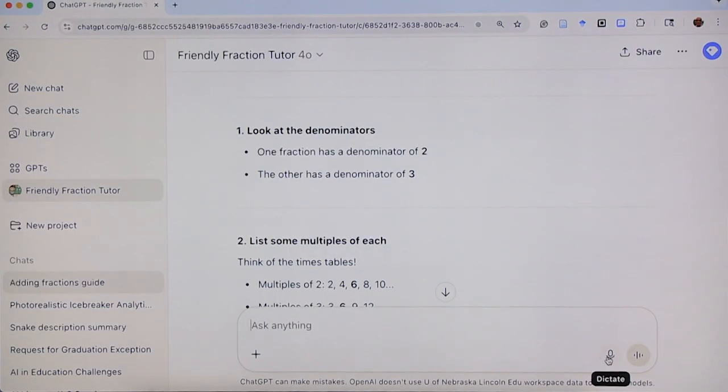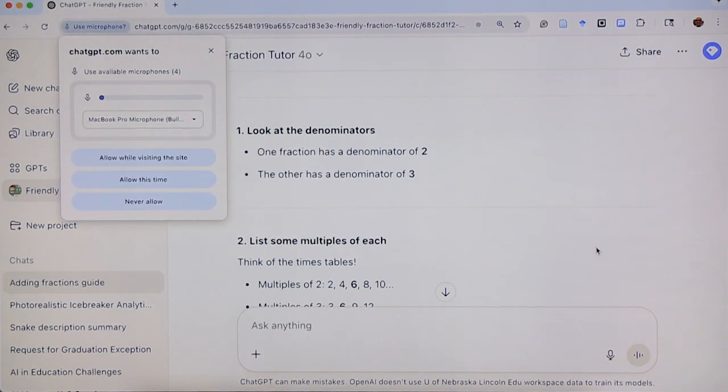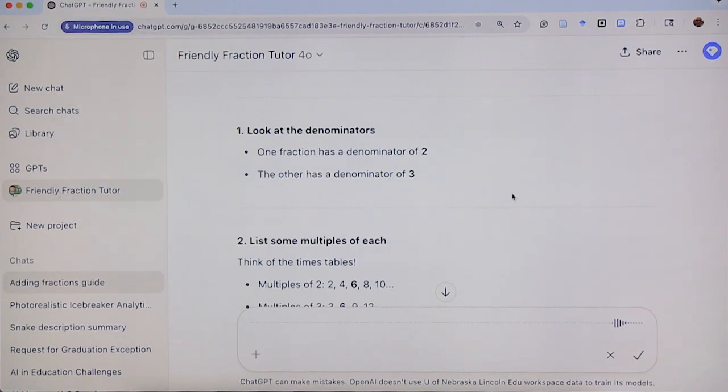I do want to add one more feature, and that is I can actually dictate the question. Can you show me how to add 2/3 and 3/4? It's processing, which takes time. That's okay. But what I'm saying is, if students have a hard time typing, or if they have a difficulty, or they would rather use voice, it is possible to use voice.